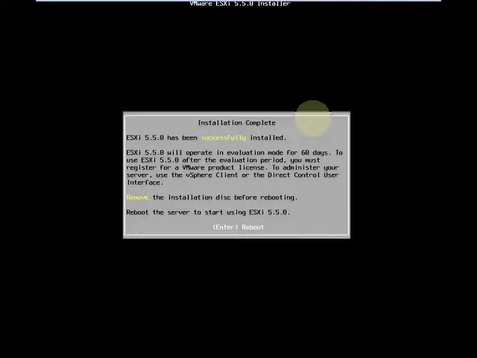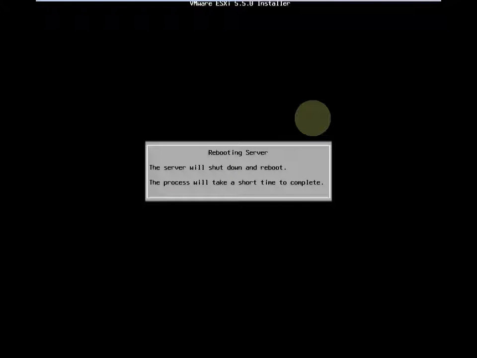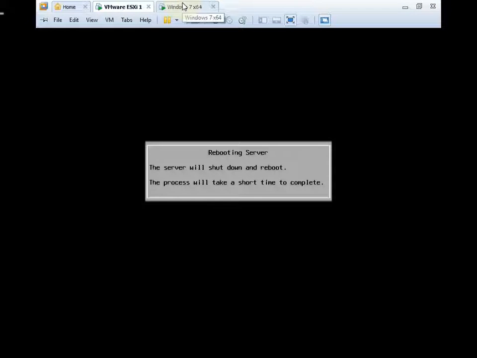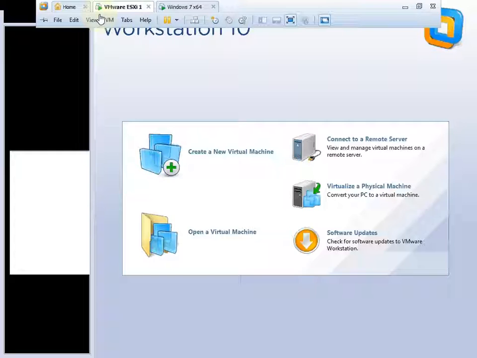Press enter to reboot. Just press the enter. It will reboot to reset all these things. Then it will come to the home page. Then we will log in with the username and password given at the time of installation, right? So let it be. In the last video we also started one more installation